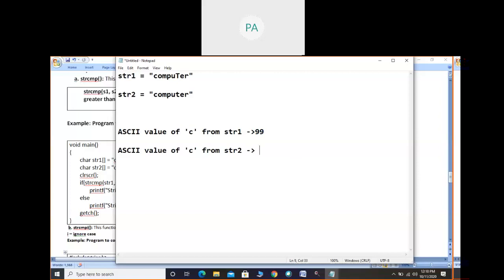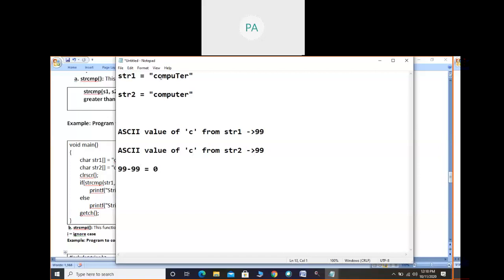If I have used it in the second string, the ASCII value will not change. So this is also 99. The ASCII value of character C from STR1 is 99, and of character C from STR2 is 99. If both are 99, you just find out the difference. Here don't say subtraction, just say difference. So the difference we will get is 0. 99 minus 99 is 0.